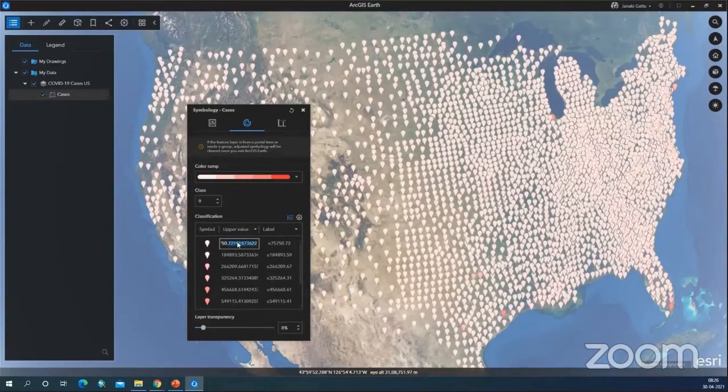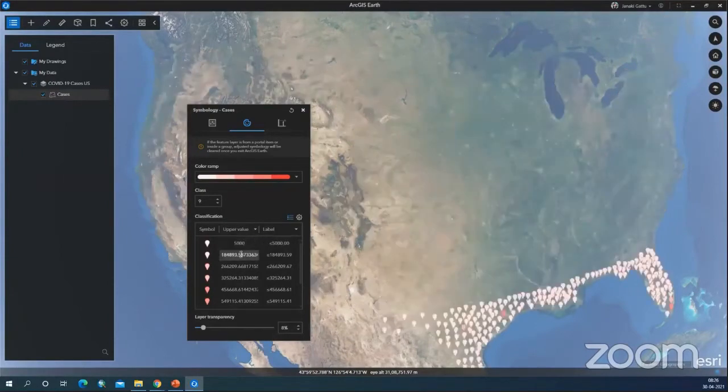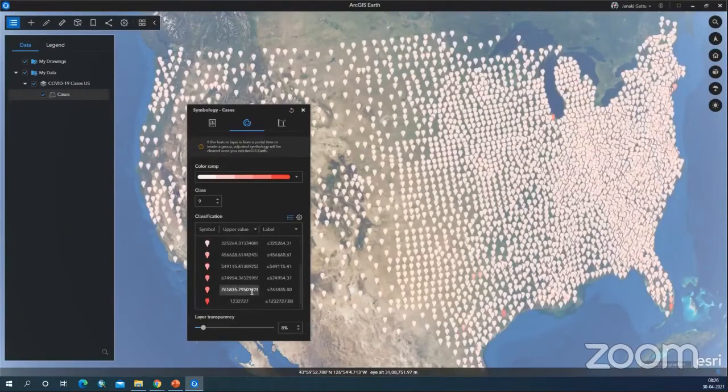Like maybe you want to give 500 here as the upper value. So yes, you can do that. If you want to give 5,000, you can give 5,000, and accordingly you can change all the values here. And then these are your settings.